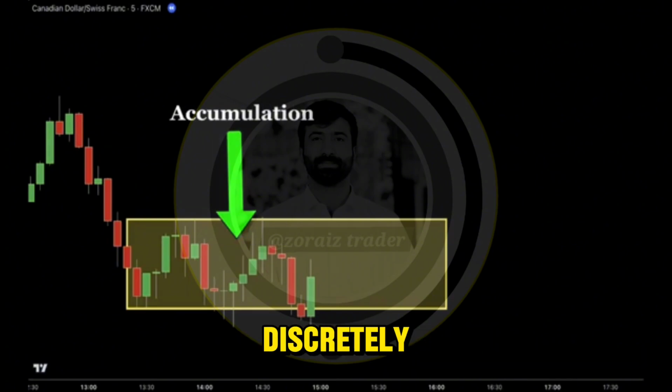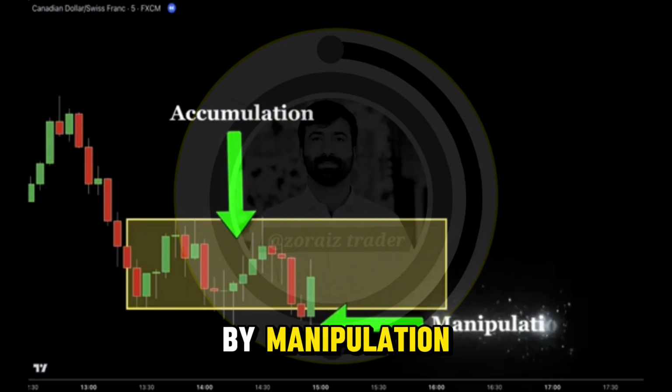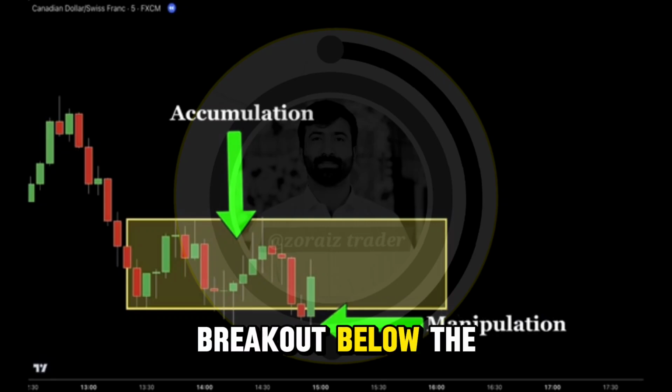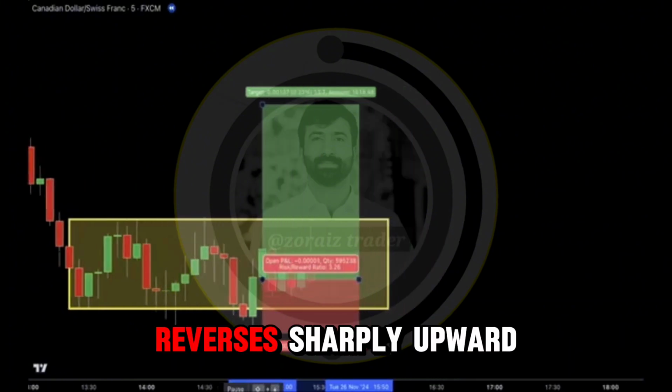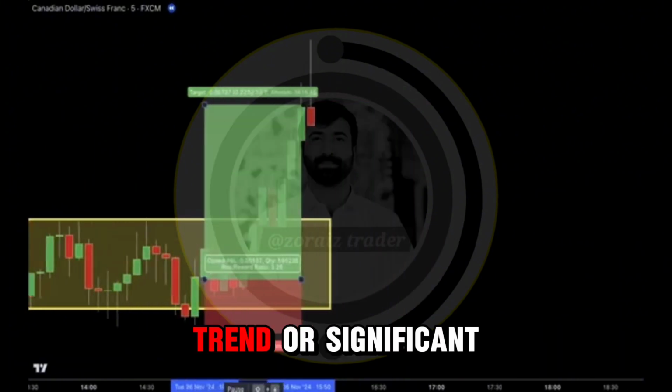long positions discreetly. This is followed by manipulation, where a false breakout below the range traps retail traders in short positions, providing liquidity. Finally, the market moves into acceleration, where the price reverses sharply upward, starting a new trend or